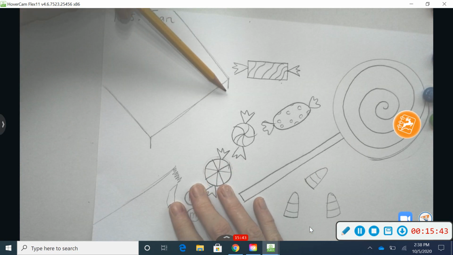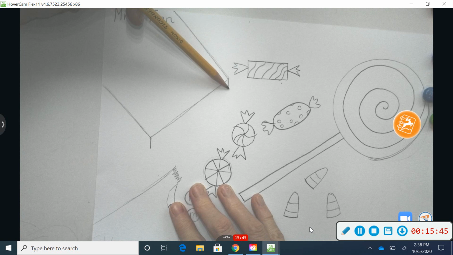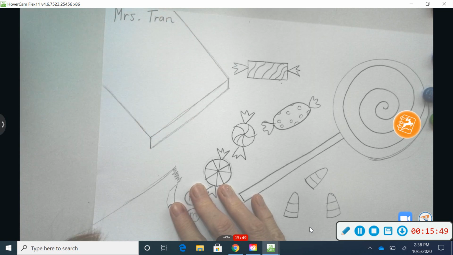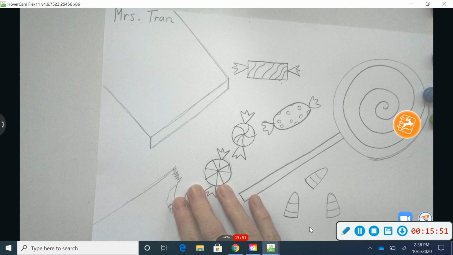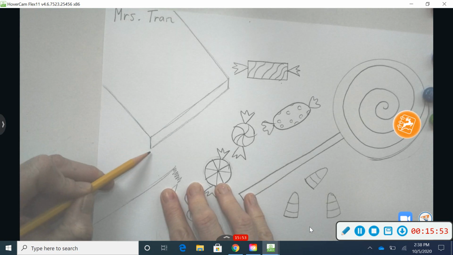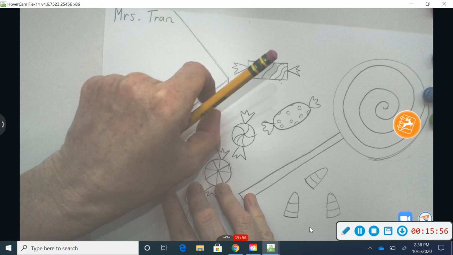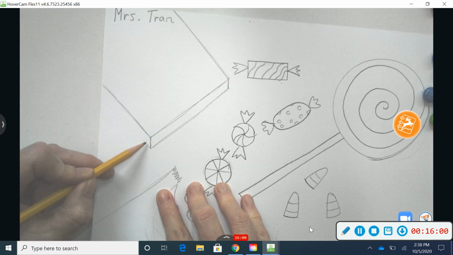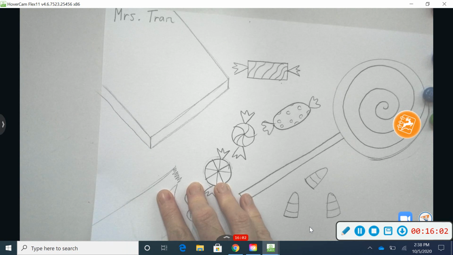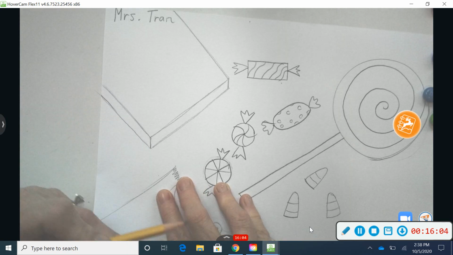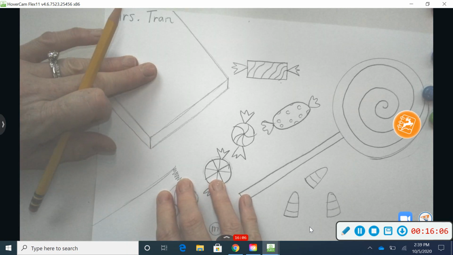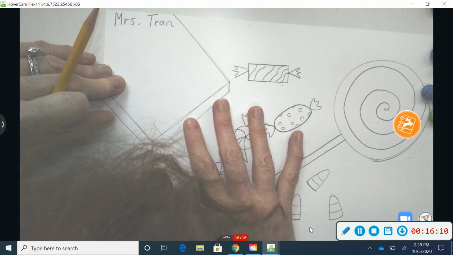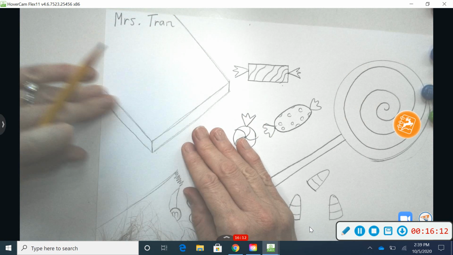So now I'm going to go over here and draw another line connecting the ends of my rectangular prism. And same thing again, keeping that same width going in this direction. I'm going to go like that. Okay, so now I have a little candy bar shape, a flat rectangular